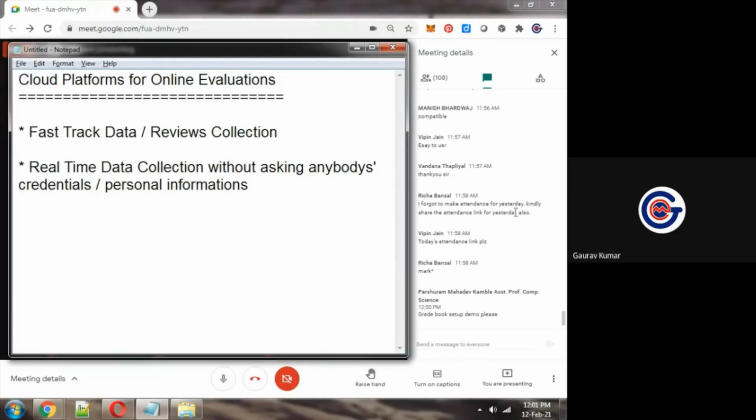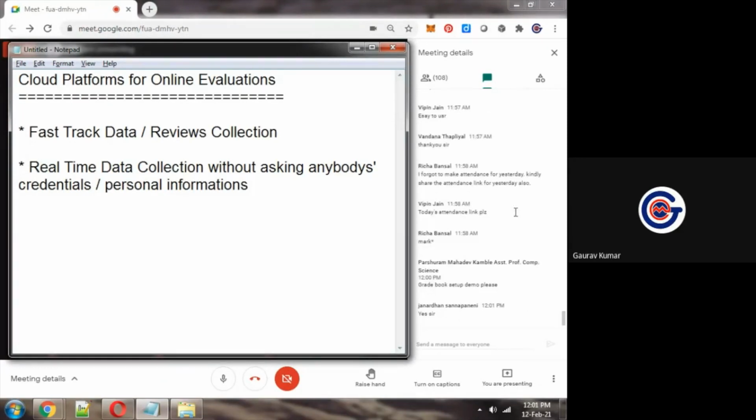If I want to collect some data from all of you in this session, then definitely it will take time to configure Moodle, to create a course on Moodle or Google Classroom, and then all of you will join.